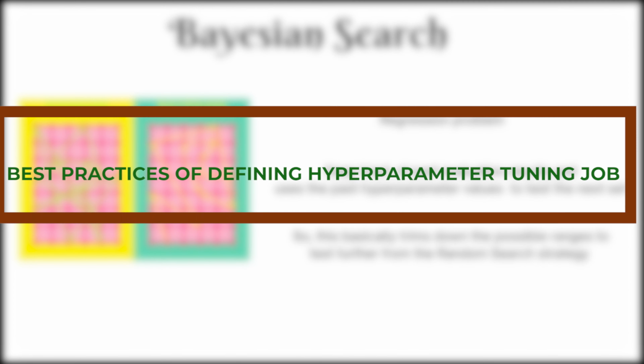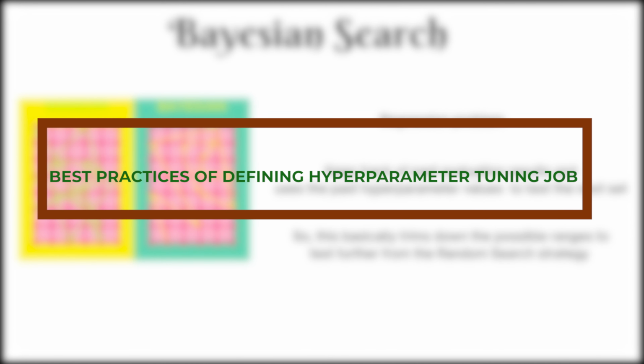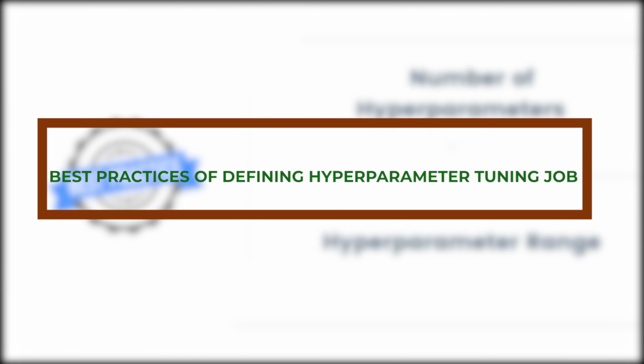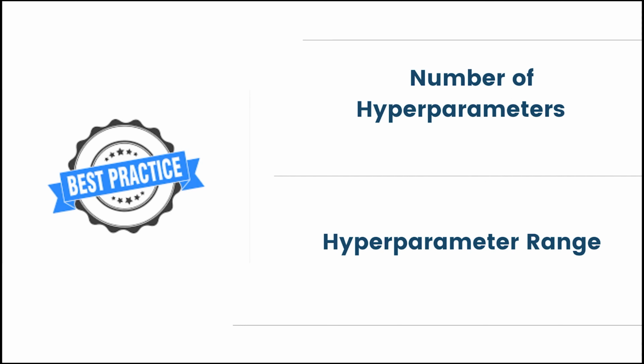Now let's also talk about the best practices while setting up your hyperparameter tuning job. So first is the number of hyperparameters. Although you can simultaneously specify up to 20 hyperparameters to optimize for a tuning job, as we have seen previously, keeping the number short often gives the best result. There is an old saying in the ML field that keeping a short number of hyperparameters to train keeps the model from overfitting.